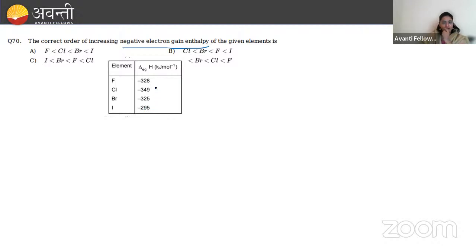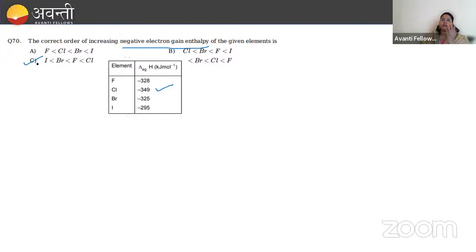Yeah, fluorine is having, right? So that's why our order will be chlorine first, then fluorine, then bromine, and then iodine. So the answer will be option C. Any doubt in this? Even though fluorine is more electronegative, its size is very, very small, and that's why